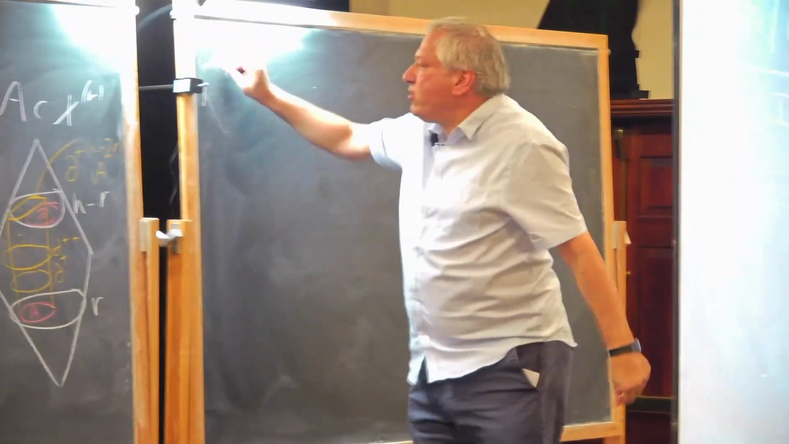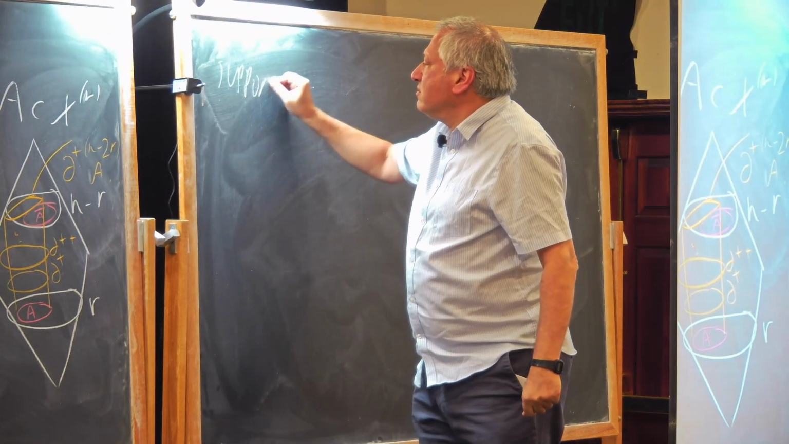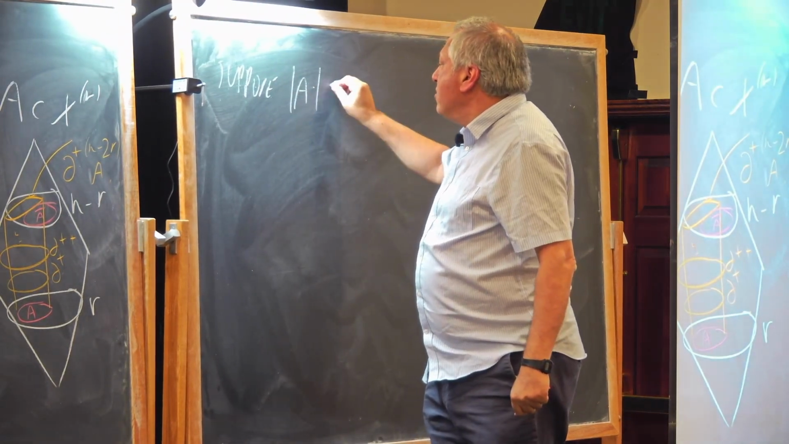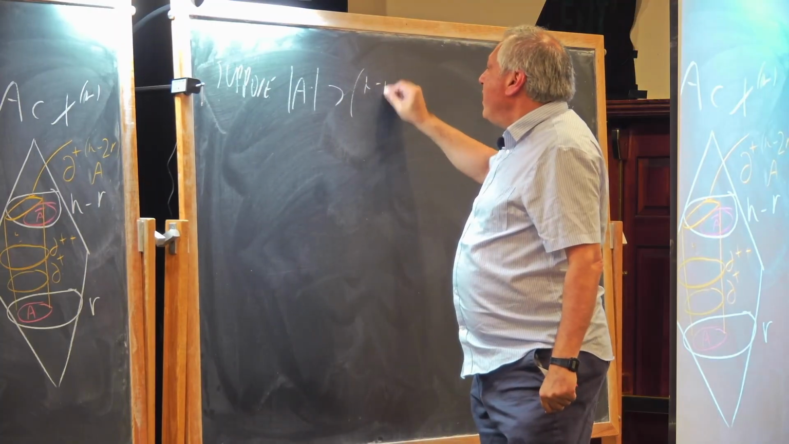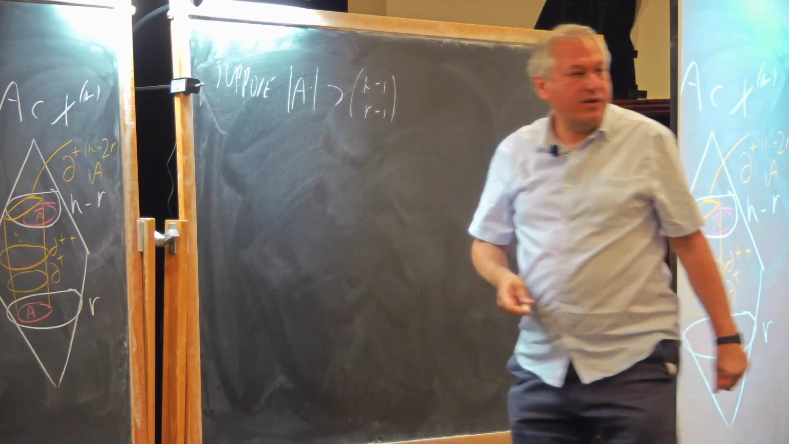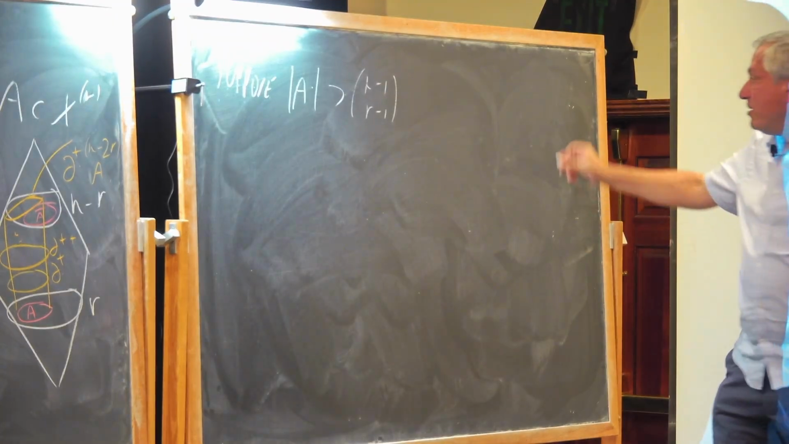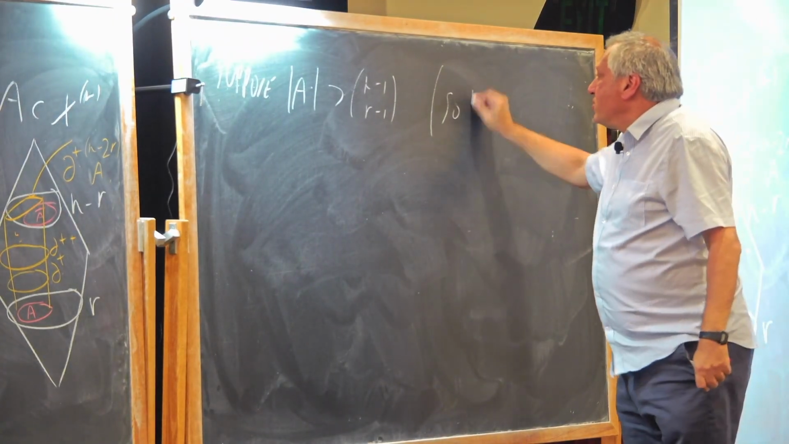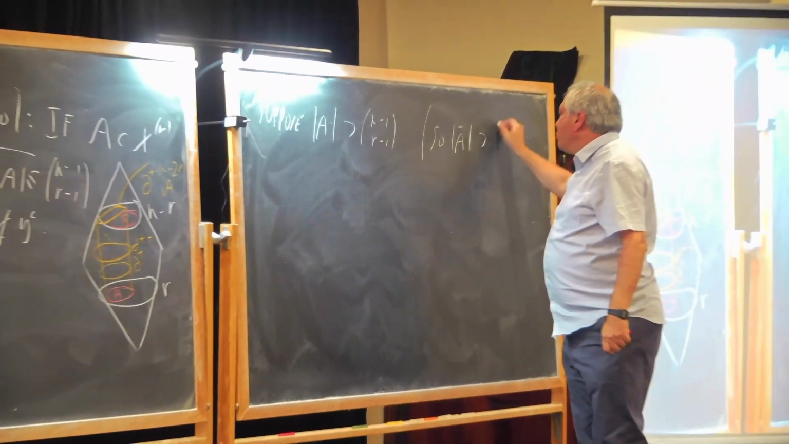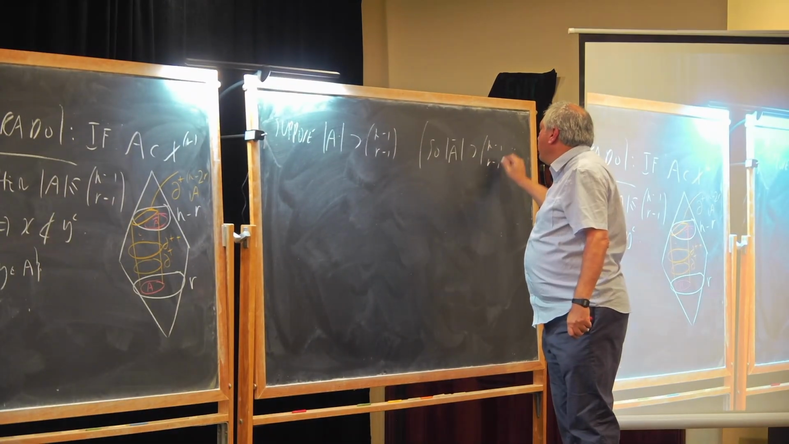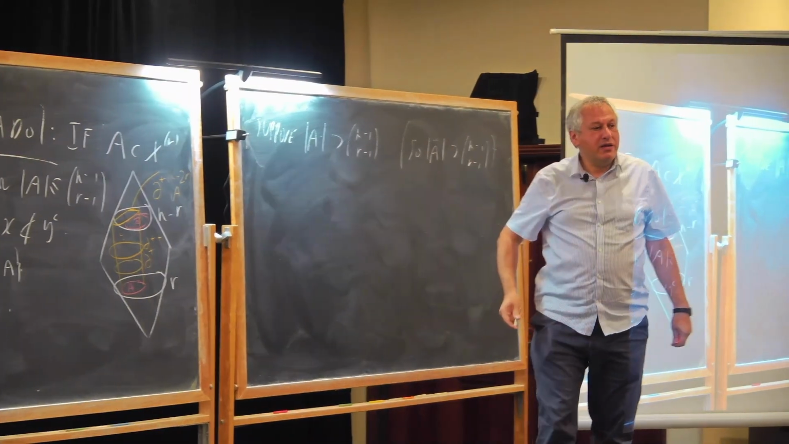So suppose for a contradiction that the size of A is strictly bigger than n minus 1 choose r minus 1. And so, of course, the size of A bar is also bigger, they're the same, right? So the size of A bar is also bigger than n minus 1 choose r minus 1. Okay. Now,